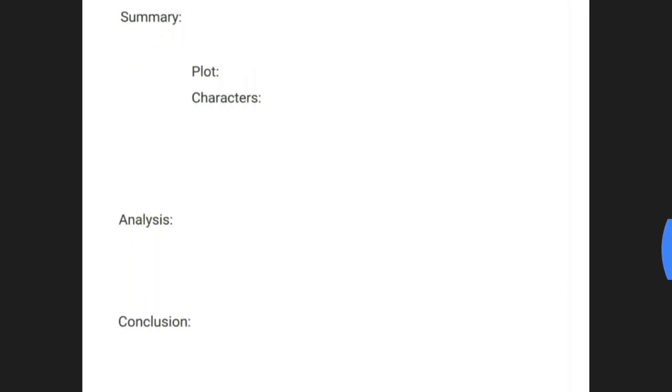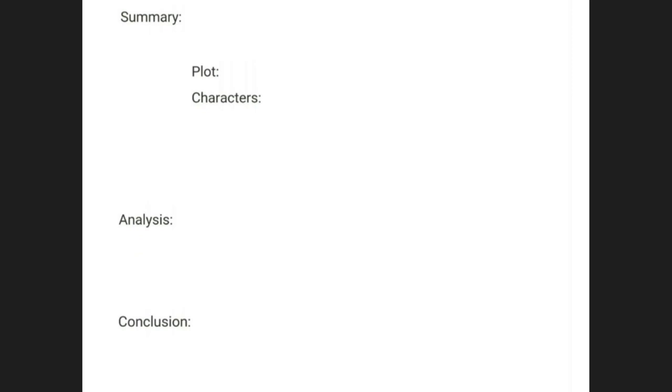Now in the summary part, again, there are two things that you need to discuss. Not only the plot of the story, but also the characters who play the different roles in the story. So if it is a fiction, if it is a story, you can discuss what happens in the story, give a brief summary of the entire story depicted in the book and mention the characters and how they interact with each other and the main plot, and if there are any subplots, all those details can come